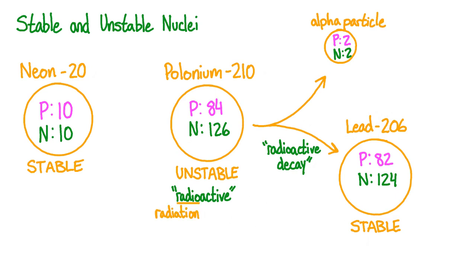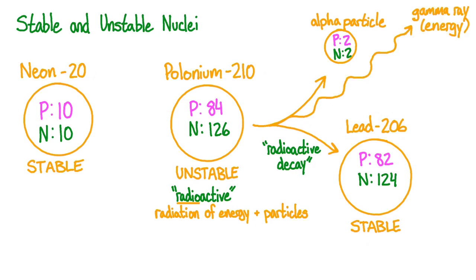The radio in radioactive shares the same root word as the word radiation. The instability of the nucleus causes energy and particles to radiate outward. In the case of polonium-210, it radiates an alpha particle. The decay of the polonium-210 atom also involves the release of a small amount of gamma rays, or energy. A third type of radiation, present in the radioactive decay of other elements and isotopes, is a beta particle, or